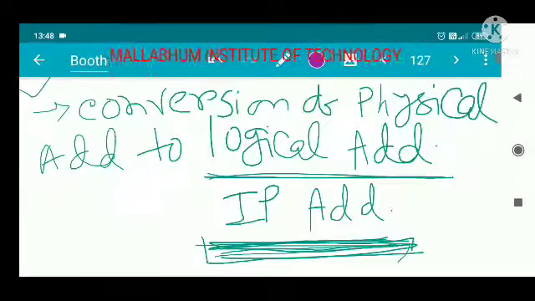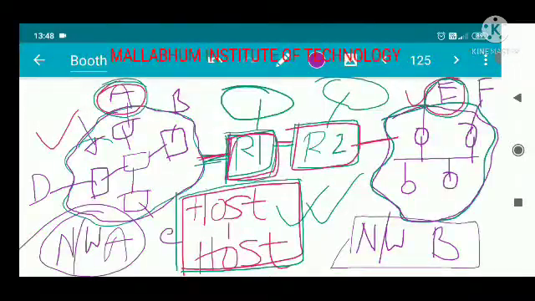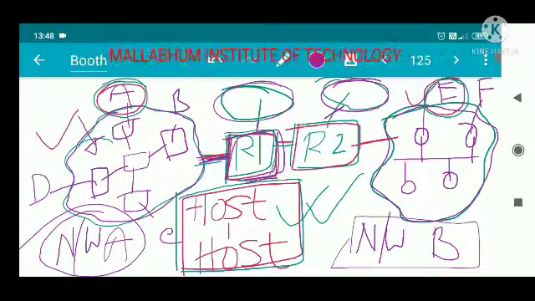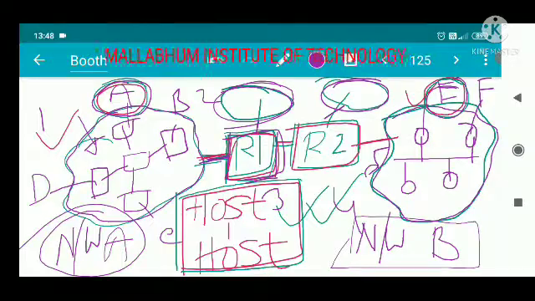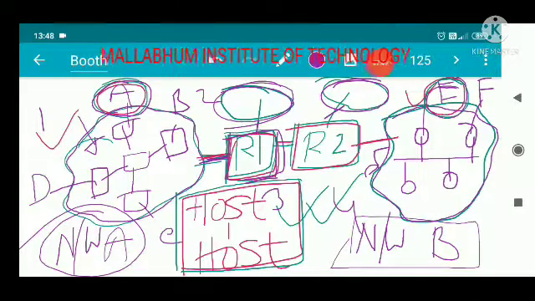Now suppose this is your router, I have drawn the network connections, and a message is coming from this network. Now this router will decide, suppose there are different paths available for sending this packet from host A to this host E. Numerous networks are connected, network 1, 2, 3. This is called internetworking. So this router will decide through which path the data may be sent from source to destination, that means from this host to this host.